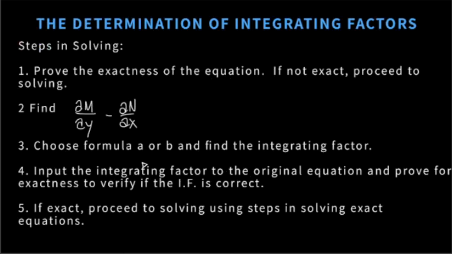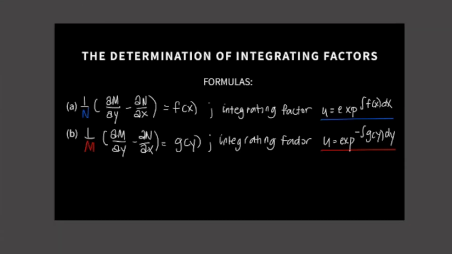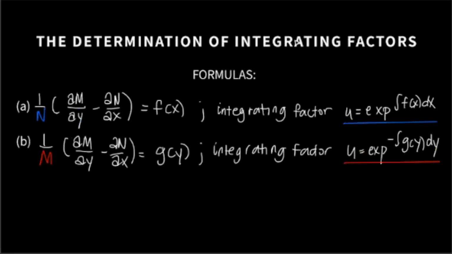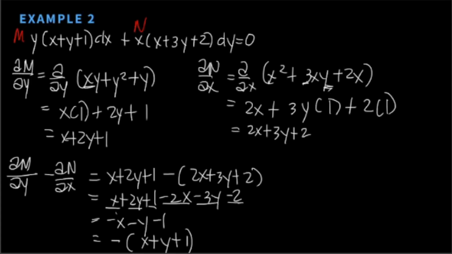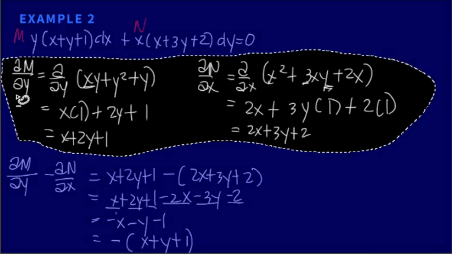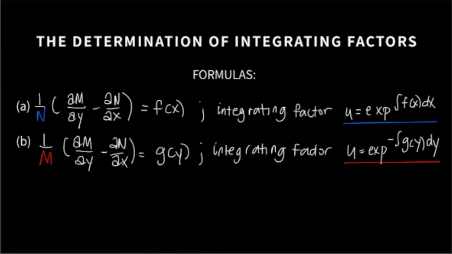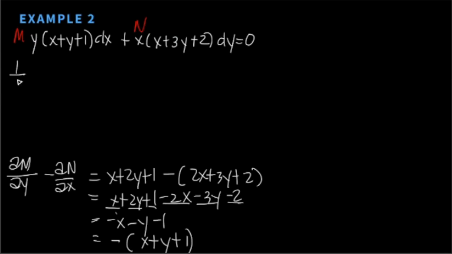So, next step natin is choose formula A or B and find the integrating factor. So, yung formula natin, pipili tayo dyan. Kung mapapansin natin sa equation, may kaparehas yung x plus y plus 1 sa M. So, pwede natin gamitin yung M natin. Hindi pwede yung N kasi wala tayong makakancel at complicated na yung problem natin. So, yan. Magiging siyang 1 over M. So, follow natin yung B formula. So, magiging 1 over M